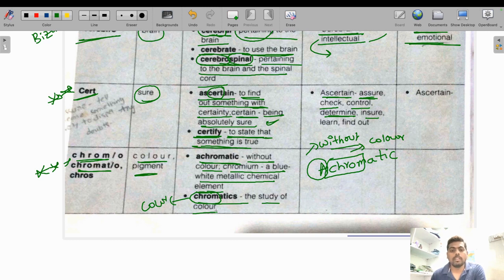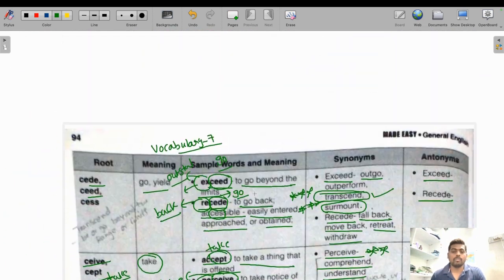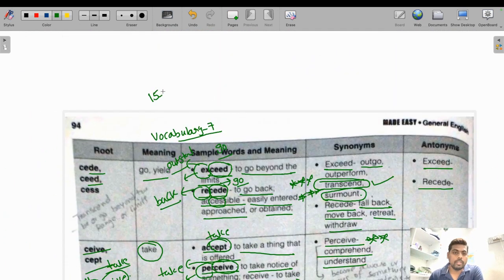Okay, so I hope today we have learned some words. We try to cover only 15 minutes per session, so that you will not get confused, and always try to remember English words through root words only. It will be very easy, and it will help in option elimination also. Once this series completes, I will start previous year question solving, and I will mention how root words help in option elimination there also.